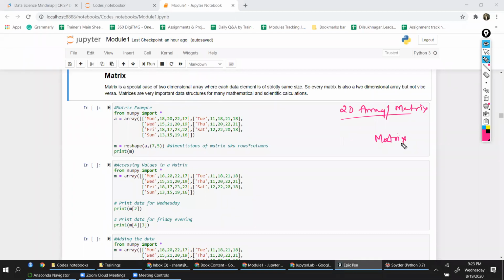When I say dimensions, the length of the values will remain the same. So we are dealing with the array function itself here. In this particular example, I'm defining an array with strings and integers, right? And I'm creating this array.